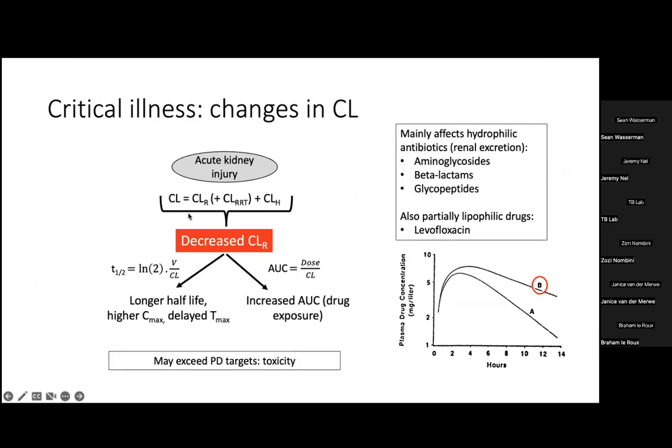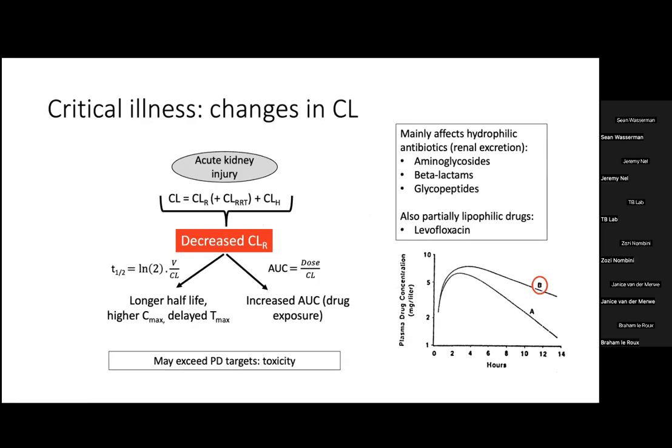Again, clearance is the sum of renal clearance and hepatic clearance. In critical illness, you can just add renal replacement therapy to that, because that is just the way that drugs are cleared when patients have no GFR from their intrinsic kidneys. Same equations: when clearance is lower, then half-life is longer, and that leads to a higher